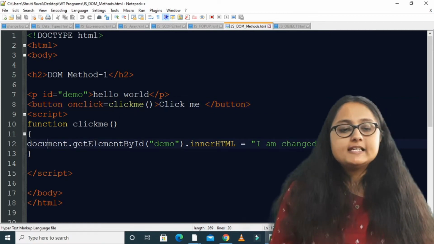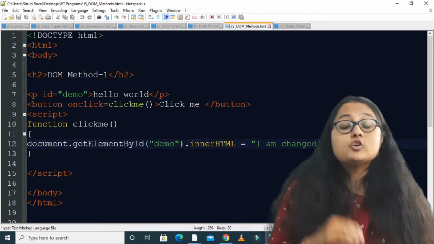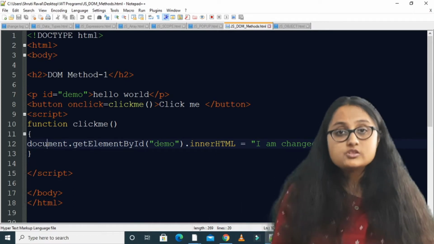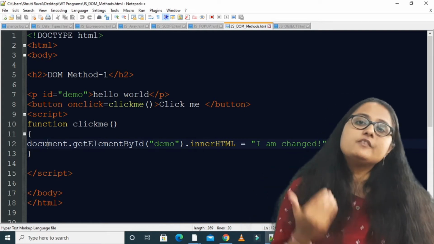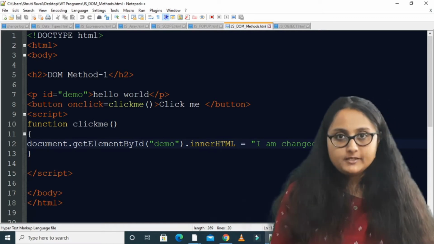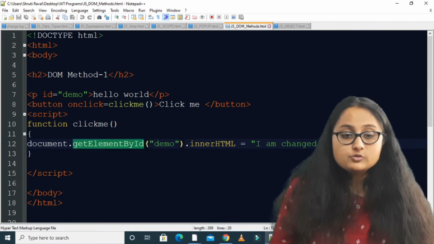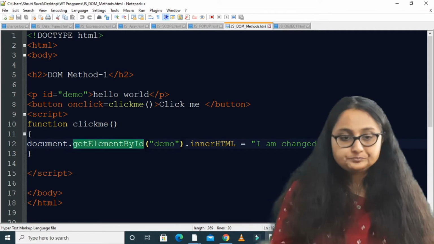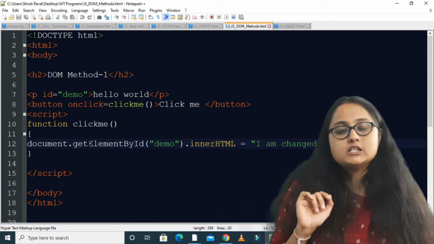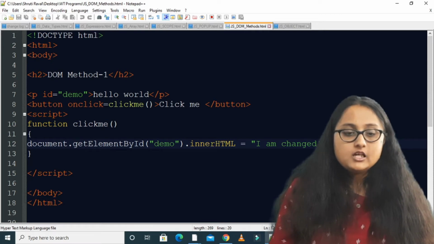Inside the function, the object that I have used is again the document object, because every method that you are going to use in document object modeling is a method associated with the document object. So here I have written document dot getElementById. This is the method name that you need to memorize. It is to be written exactly in the case I have mentioned: G is small, E is capital, B is capital and I is capital.